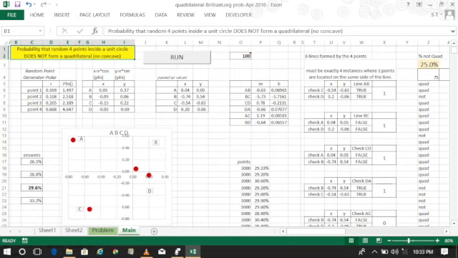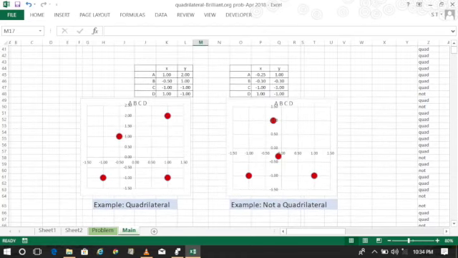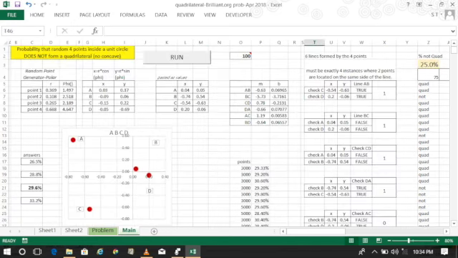We're only talking about four points generating a shape that has four sides that basically look something like this. In this case, even though you can draw a concave quadrilateral, we're not going to count that. So what is the probability that four randomly generated points in a unit circle does not form a quadrilateral according